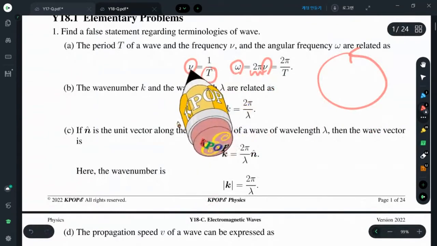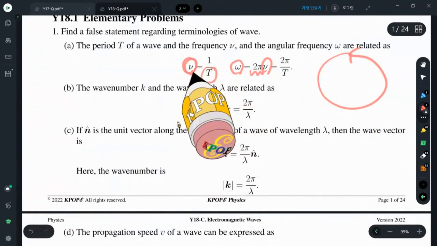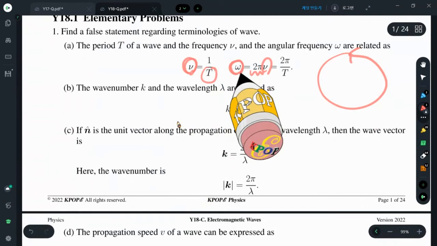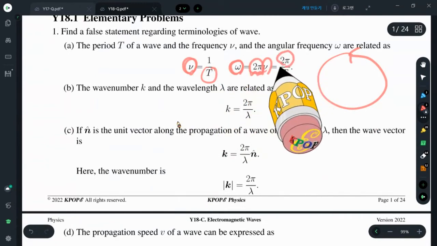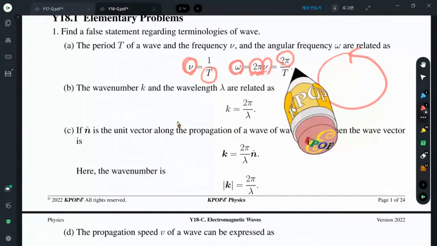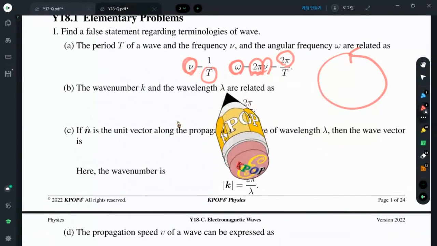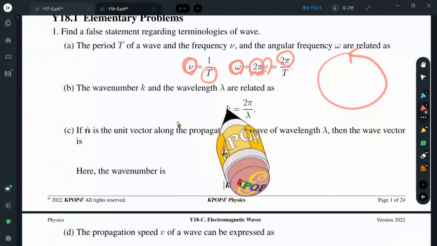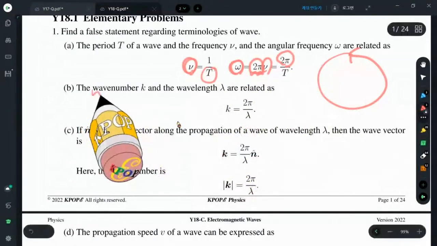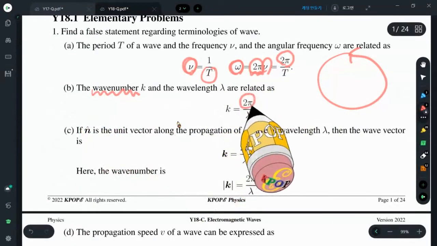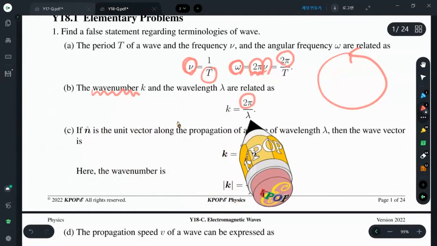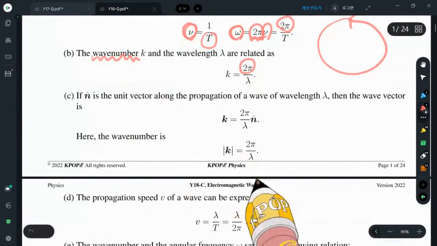Just like what we have done from the frequency to angular frequency, it is convenient to have a multiplicative factor 2 pi in the case of wavelength. Then we define the wave number k, that is 2 pi over lambda. And actually, the wave